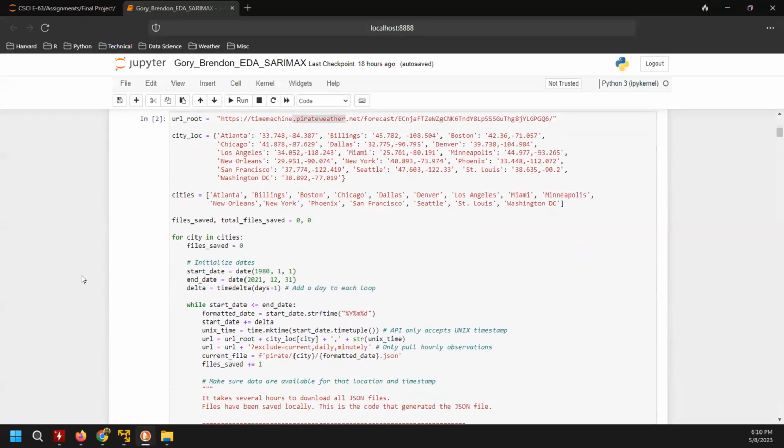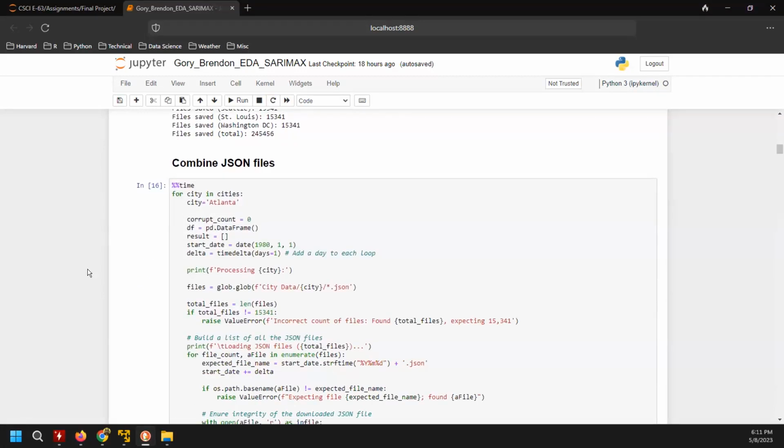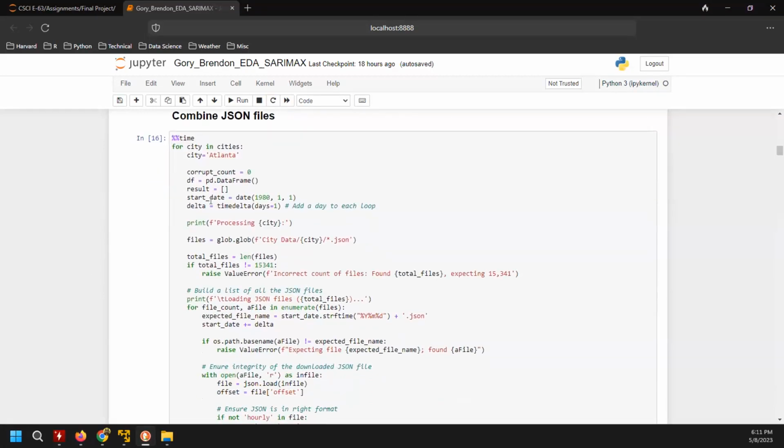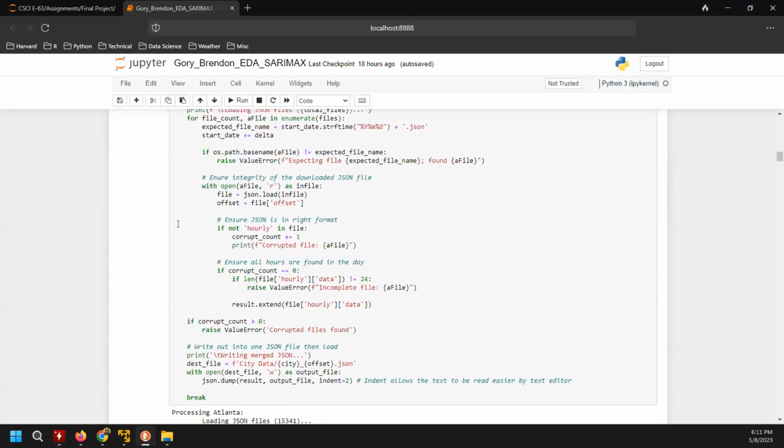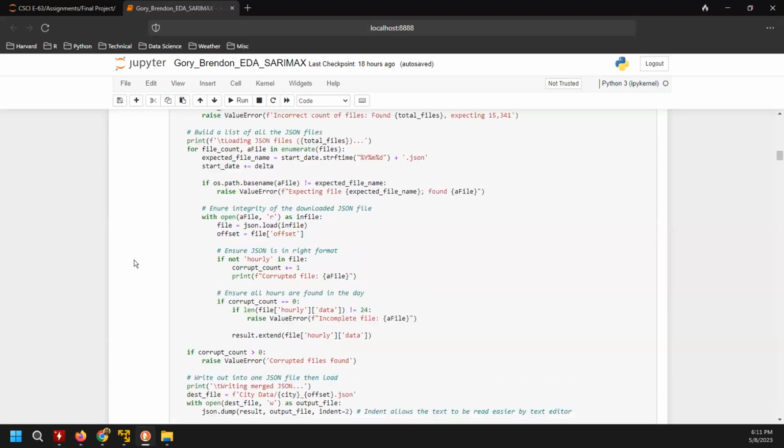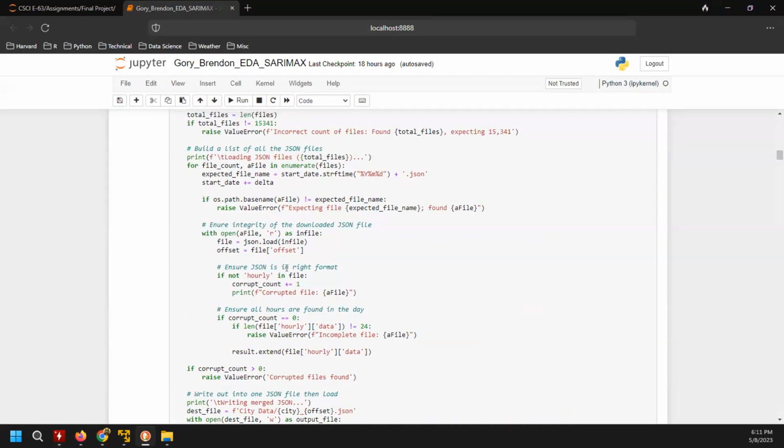As mentioned, we're going to hit the API, which is going to download all of the information. The next thing we do is combine the JSON files into one large JSON file that's eventually going to be converted to a CSV file for each city. Along the way, we're going to check the integrity of the JSON file.